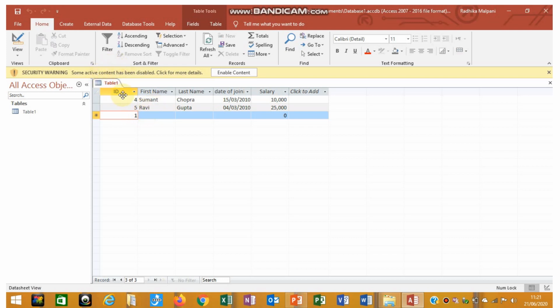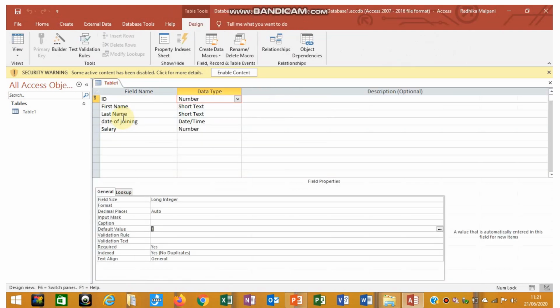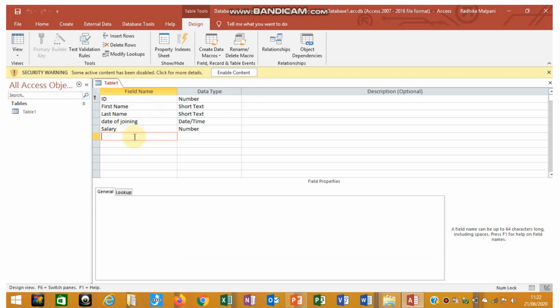Now if you want to enter some more columns, click on the Table 1 option. Here click on the Design View. After clicking on the Design View, suppose after Salary you need to add some more fields.